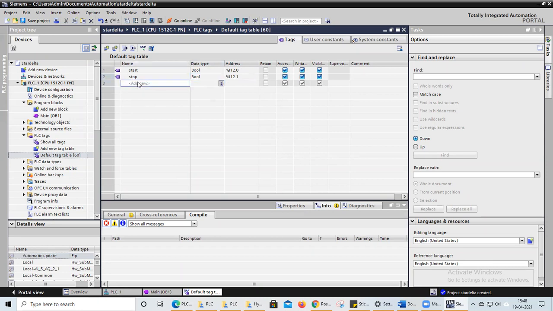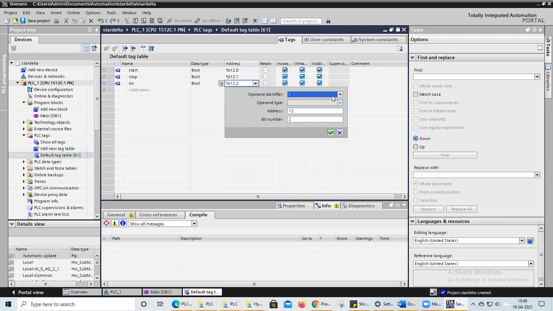And one more switch I want. That switch is a memory switch, meaning that once I start my operation, I want one memory address, which can be any value. You know our CPU has a certain memory. In that memory, only some part is allocated to digital I/O, and the remaining memory we can use as memory switches. So I will write on switch, meaning on my ladder logic, I will write on, and for this one I will change the address to M. Here you can see the operator identifier.